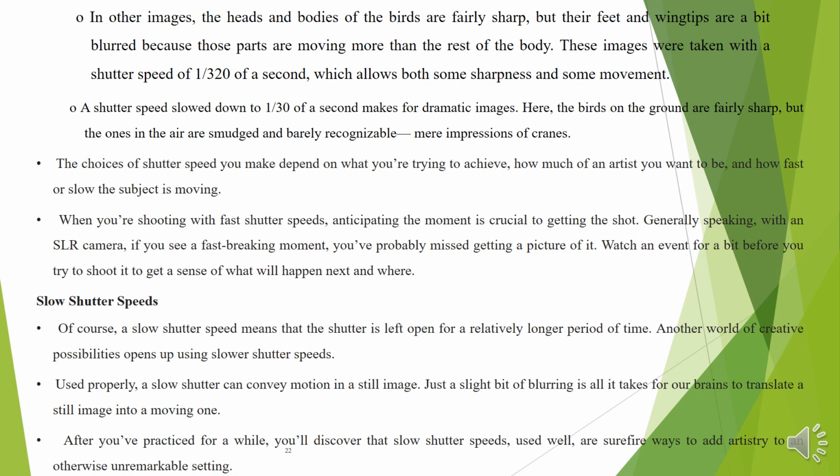Of course, a slow shutter speed means that the shutter is left open for a relatively longer period of time. Another world of creative possibilities opens up using slower shutter speeds. Used properly, a slow shutter can convey motion in a still image. Just a slight bit of blurring is all it takes for our brains to translate a still image into a